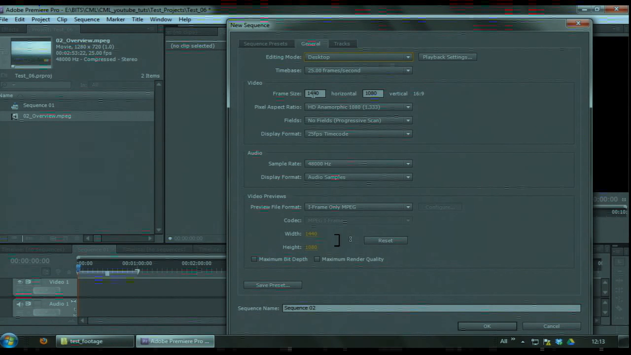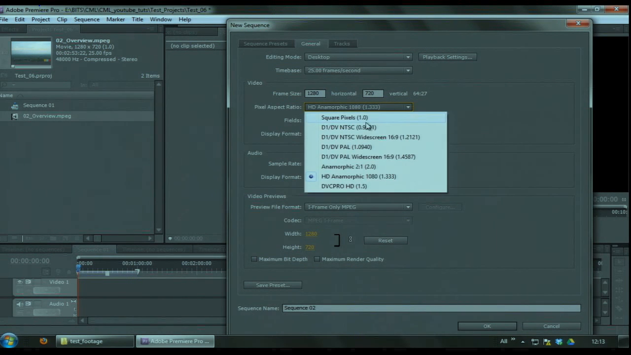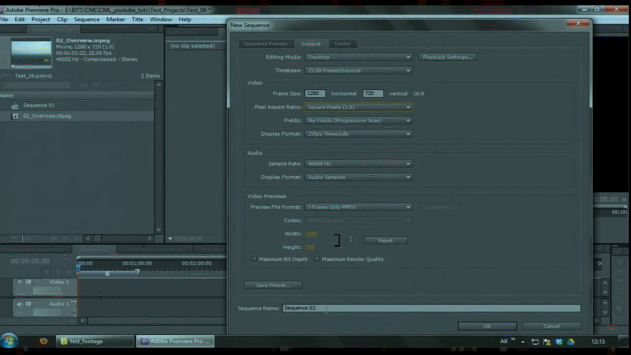For frame size, right now it is 1280. For you it will be, I guess, 1920 by 1080. For this one I will put 1280 by 720. And this 1.0 in brackets basically means pixel aspect ratio. That should always be 1. And now I will call this sequence my final edit version 1. Okay,